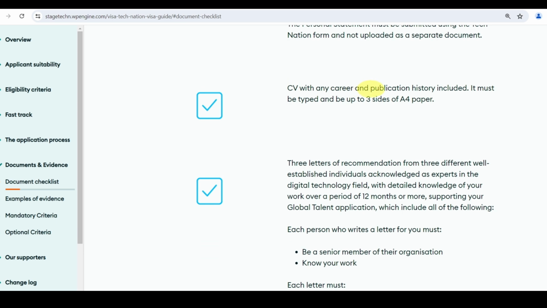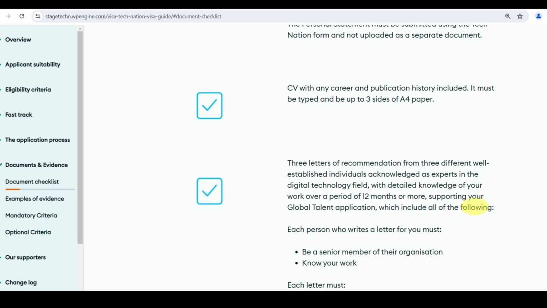A CV with any career and publication history included. It must be typed and be up to 3 sides of A4 page. Three letters of recommendation from 3 different well-established individuals acknowledged as experts in the digital technology field, with detailed knowledge of your work over a period of 12 months or more, supporting your global talent application.